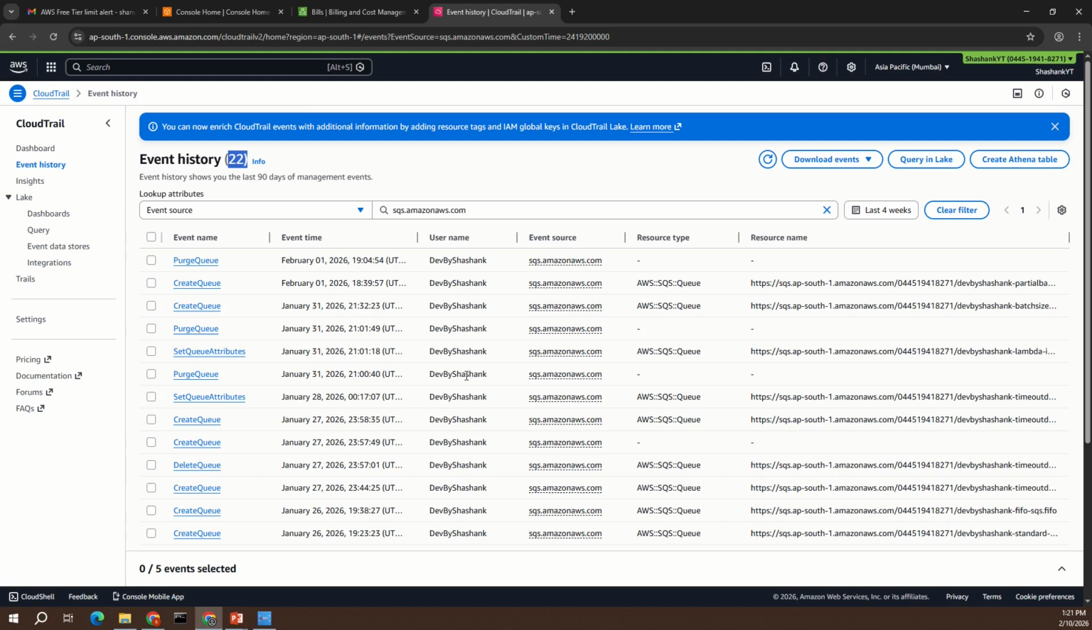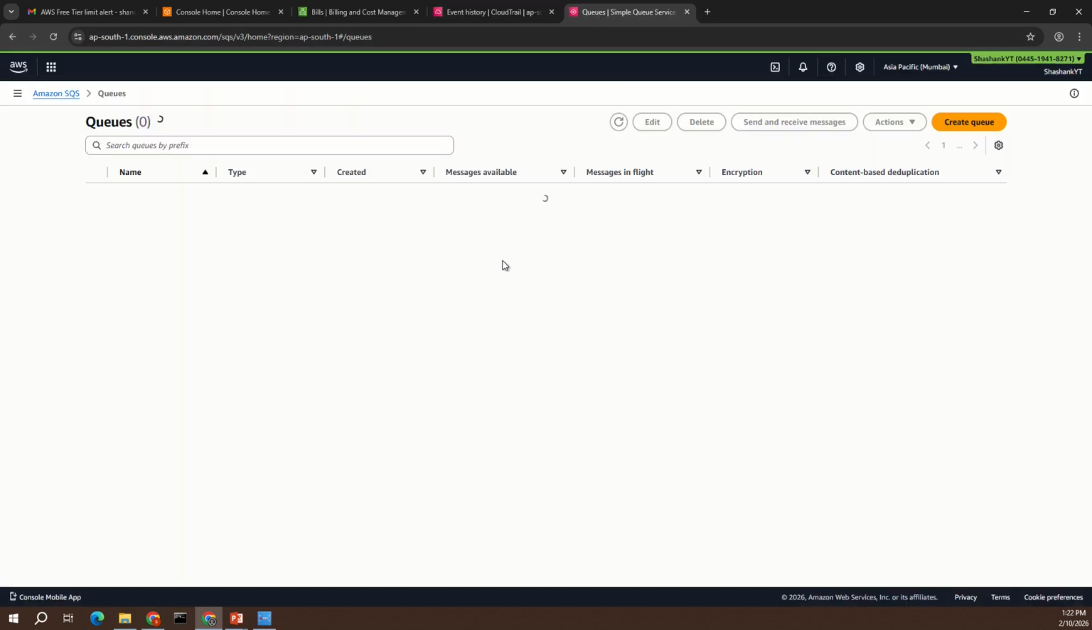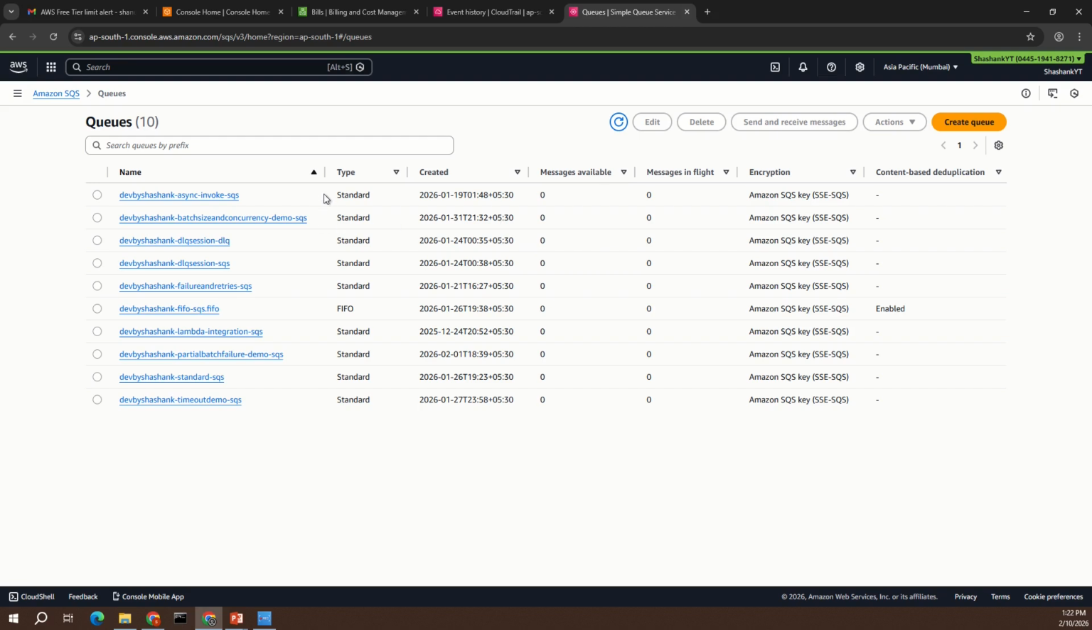So these are normal events. No one is logged into my account by any credentials. So guys, what we'll do, we'll go to SQS and there we'll see the metrics. Let's open SQS. In the last 2 months, I have created only these 10 SQS queues. Here I'll sort it by created date in ascending order. So this is the oldest SQS that I have created. I'll open it